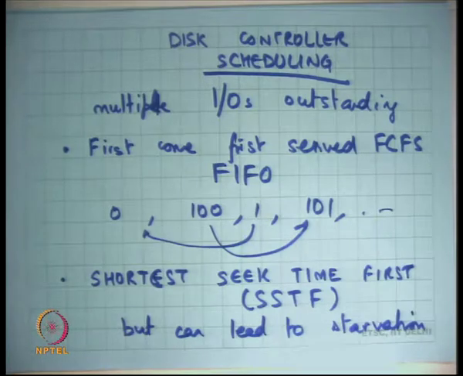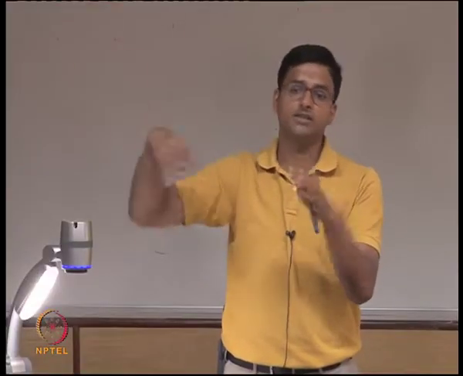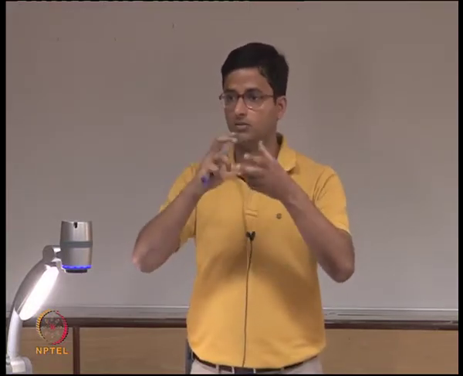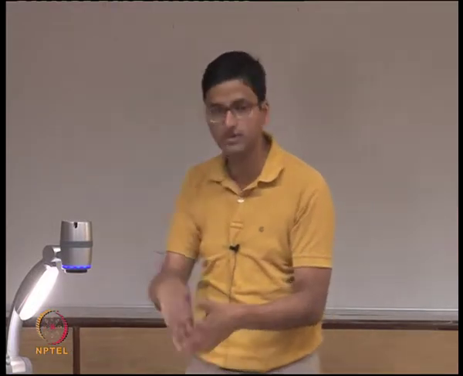What can happen is that lots of requests are coming for 0 1 0 1, and then there's an outstanding request for 100, which will never get served because the shortest is basically always between 0 and 1. This is the part of the disk controller, which means on the hard disk. So this scheduling algorithm is within the disk. I'm currently discussing how the disk controller is optimizing things within that package of the hard disk, so there's some logic within the hard disk that's going on to do all this.